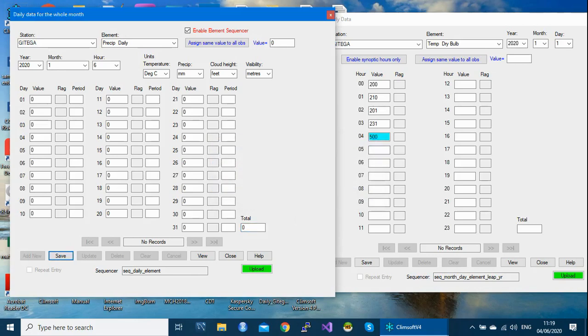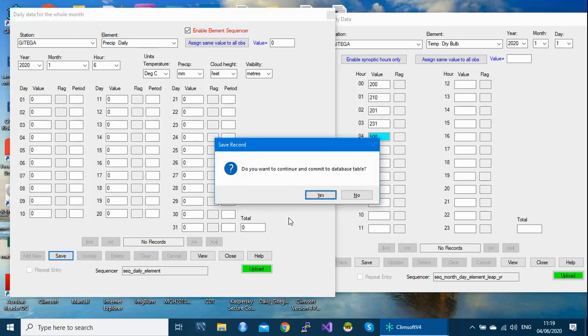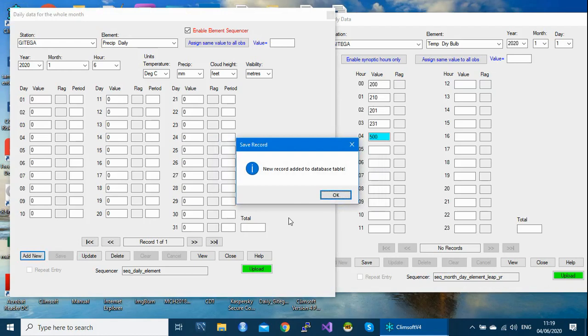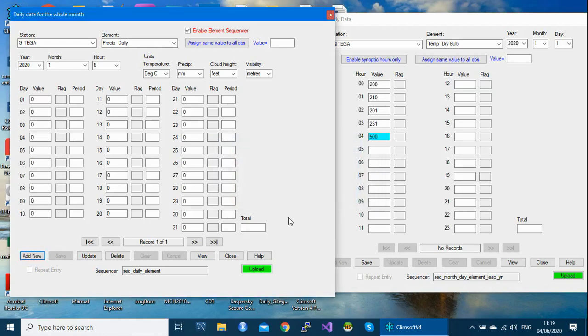So once we click on save, this will become disabled, and then the add new will become enabled. Save, yes. So you see now the add new button has become available. To clear this form and bring a blank value, click on add new, and it will bring the next element automatically. So you see, once I click, it brings another element. This is called automatic change of the next elements. At the end of the date, it will also change the date automatically, and so on.